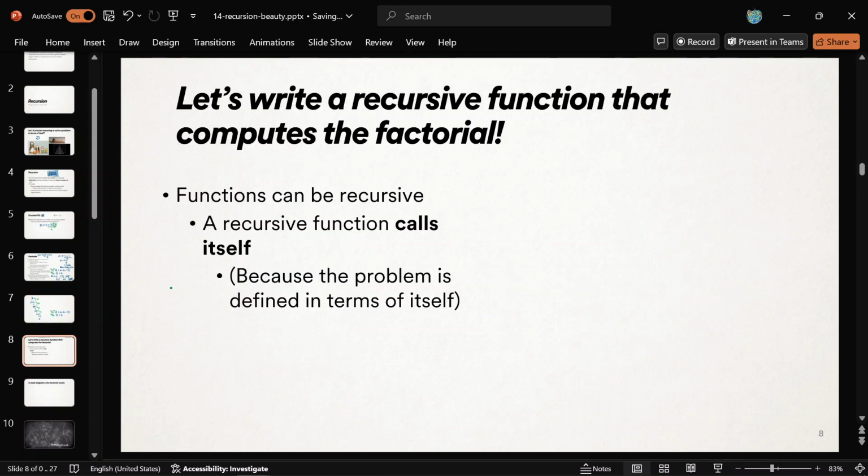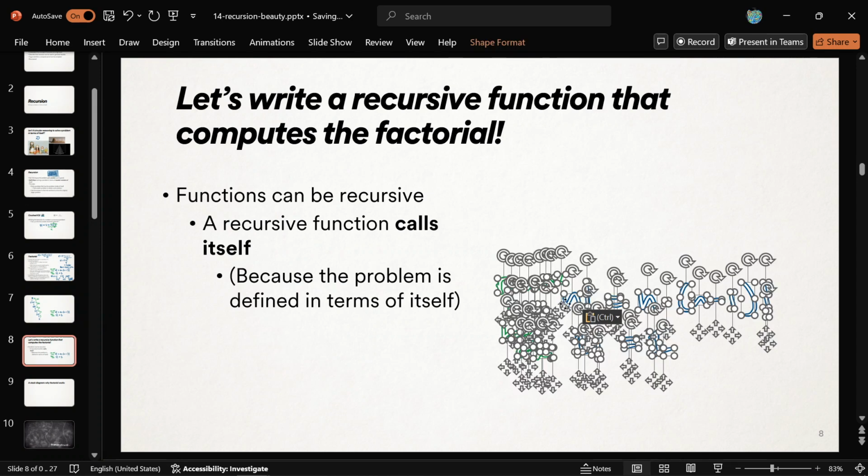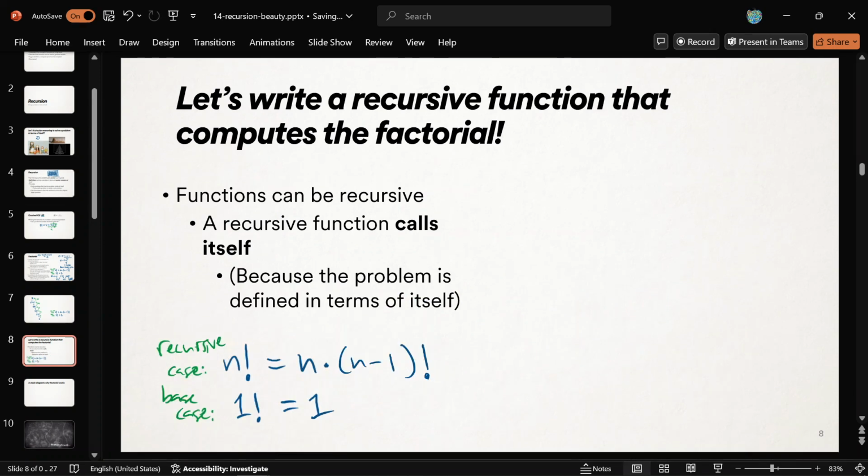Let me put this over here again. There it is. Let's write a function that computes the factorial recursively. All right, we can do that. A function can be recursive, and so it's going to look a little weird, though. Let's say we've got def fact of some n. We want to give back the factorial of n. That's what it's supposed to do. Somebody asks us for n factorial. They're calling us like this, like fact of 5.